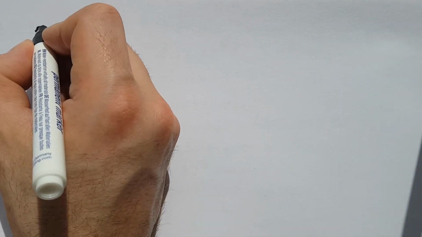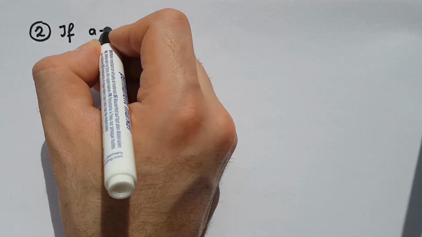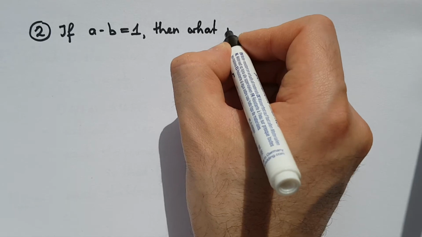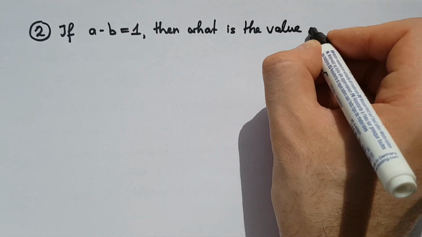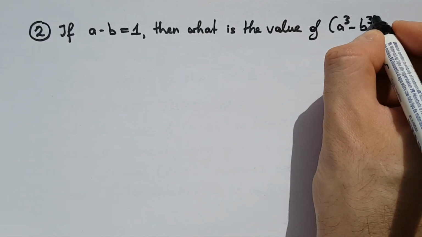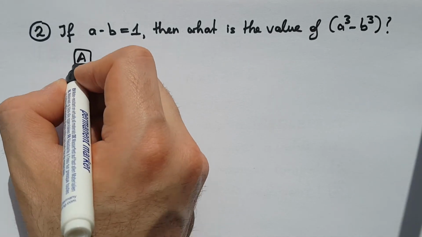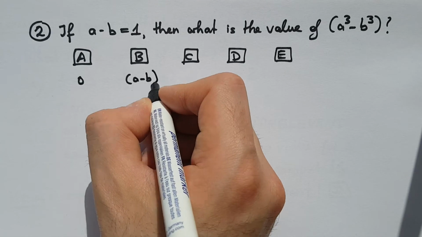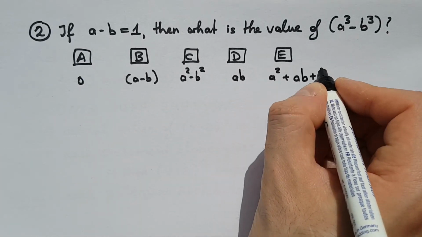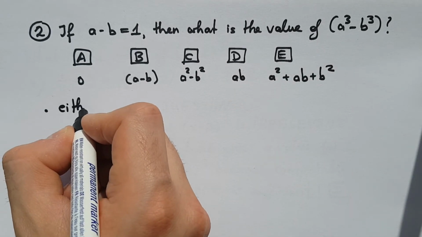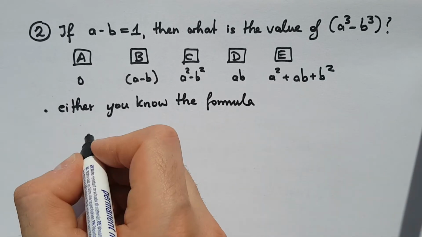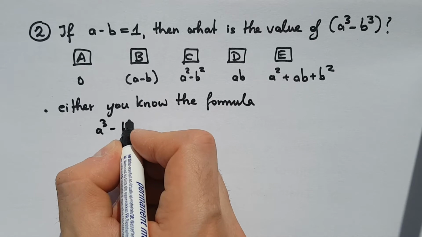The second example is a problem-solving question. If a minus b equals 1, then what is the value of a to the power 3 minus b to the power 3? As before, you are given 5 possible choices. Now there are two possibilities. You can either remember that there is a binomial formula for a to the power 3 minus b to the power 3,